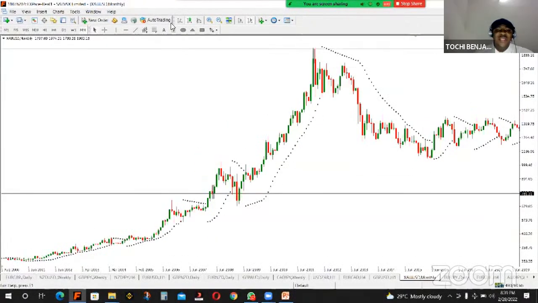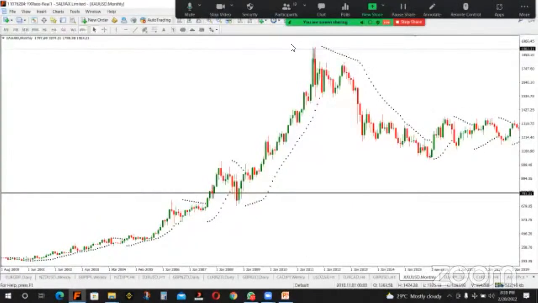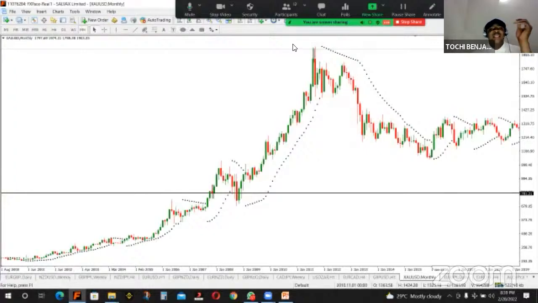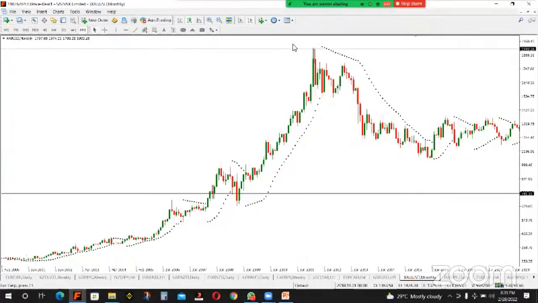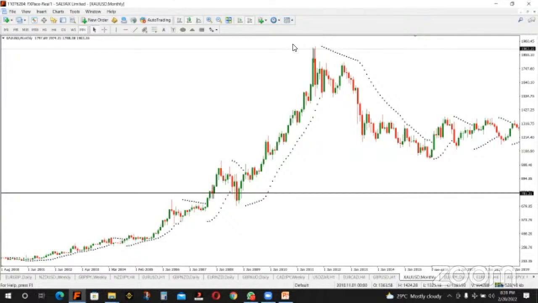So that means the chart is moving today, tomorrow, 3 days later, 4 days later, 1 week later, 2 weeks later, 3 weeks later. As the chart is moving, it is either moving up or moving down. In your basic class, you were taught trending market. Either the market is trending upwards or downwards. If it's trending upwards, you look for opportunity to buy. If it's trending downwards, you look for opportunity to sell. If the market is moving sideways, we say the market is consolidating or ranging.